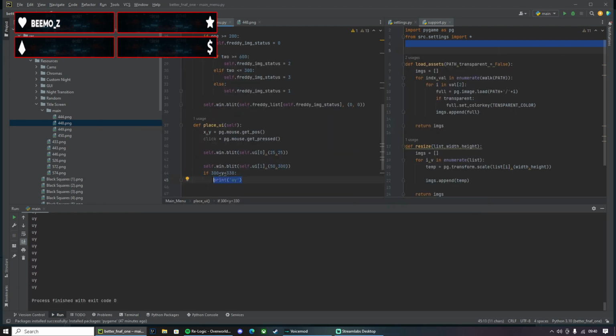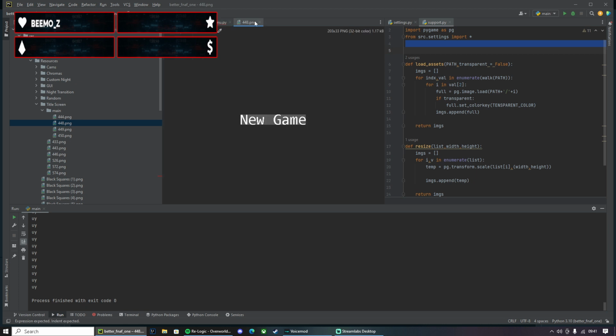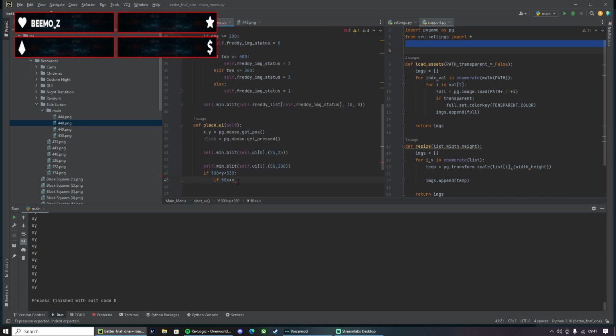Alright, now the X. The starting position for X is 50, and the maximum, how big is it? 203, so 203 plus 50 is 253.